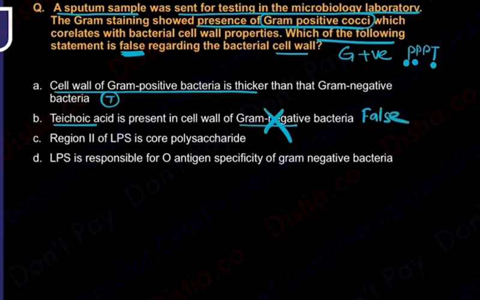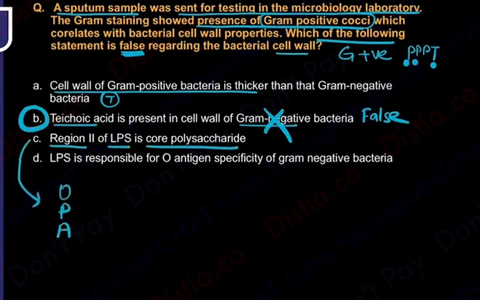I found my answer. But still, I'll read all. Region 2 of a lipopolysaccharide is core polysaccharide. Yes, I learned lipopolysaccharide was OPA. OPA means there is O antigen. Lipopolysaccharide ka P was polysaccharide and A is lipid A. So is region 1, 2, is region 2 a